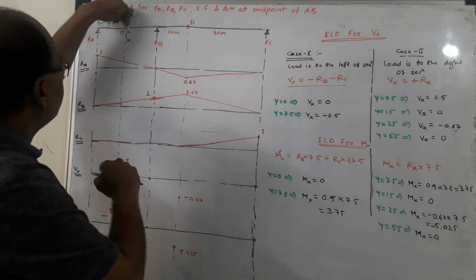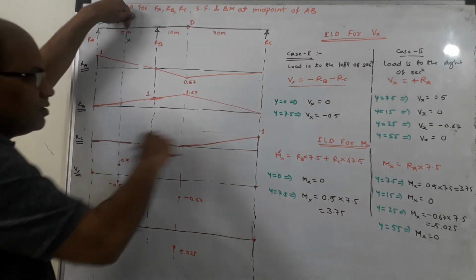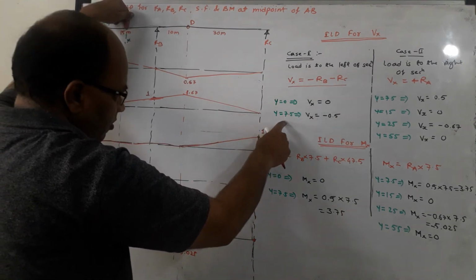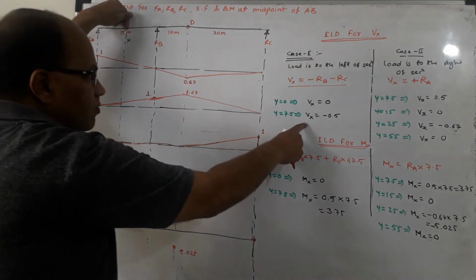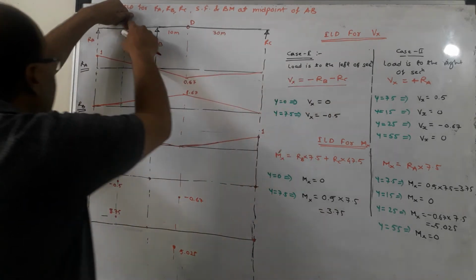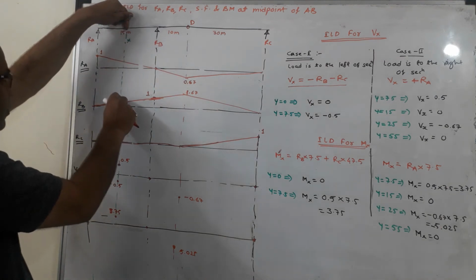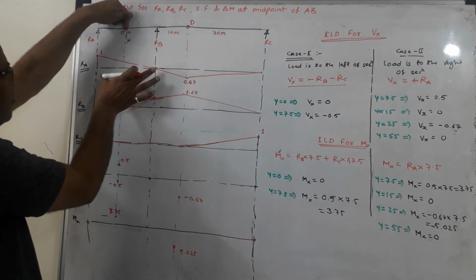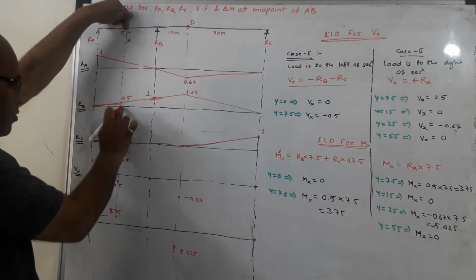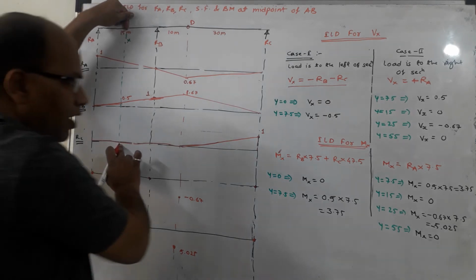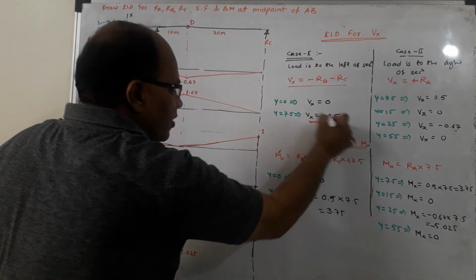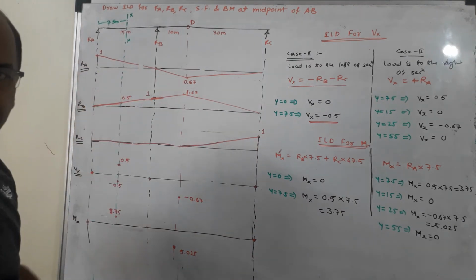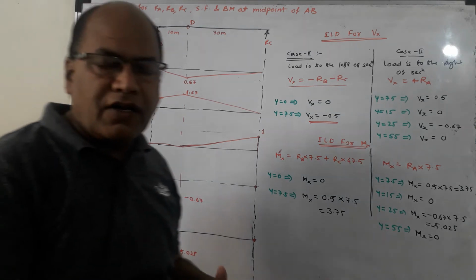When the load moves to this position, that is XX, then check the value of Rb and Rc, because y is equal to 7.5 means we are considering the position of load at this position. So Vx will be equal to minus Rb minus Rc. So when the load is over here, check the value of Rb, this is that value, and which will work out to be 0.5 because it is exactly the midspan of A and B. So it is 0.5, whereas Rc is 0, and that is why Vx is equal to minus 0.5 in this case.